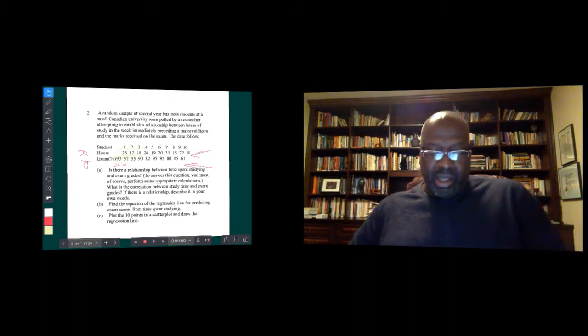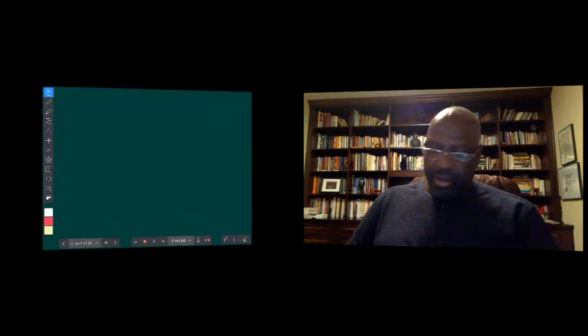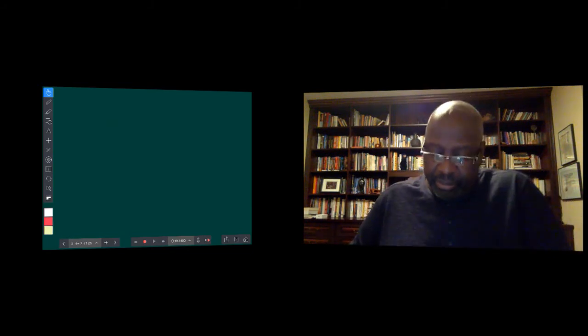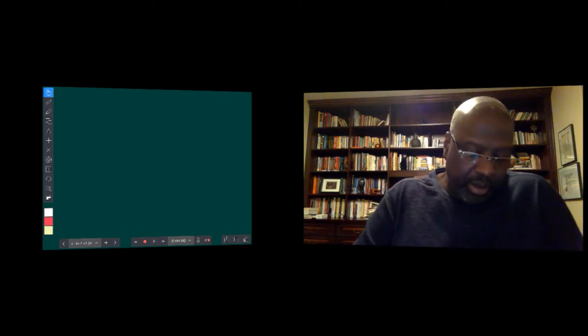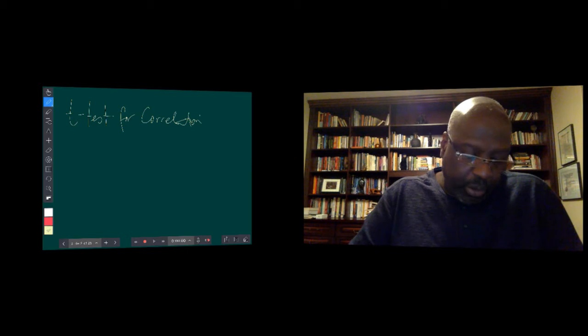So these are two t-tests. So let's do those. All right. So the first one we'll do is a t-test for rho. So we have a t-test for correlation coefficient